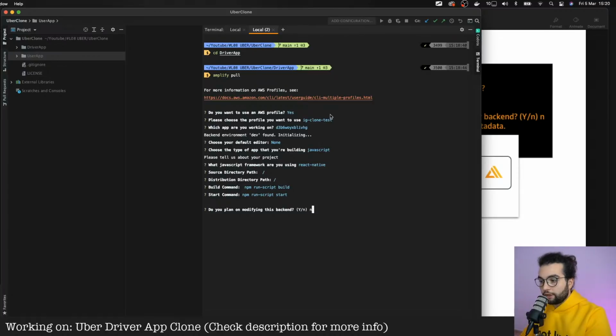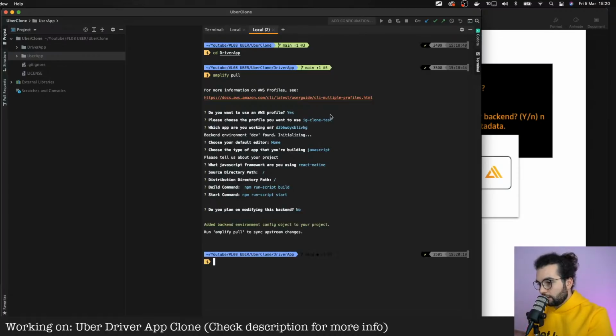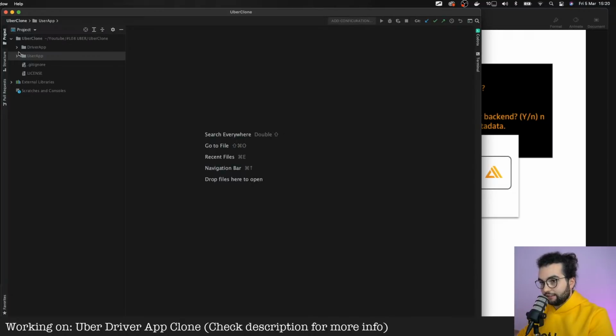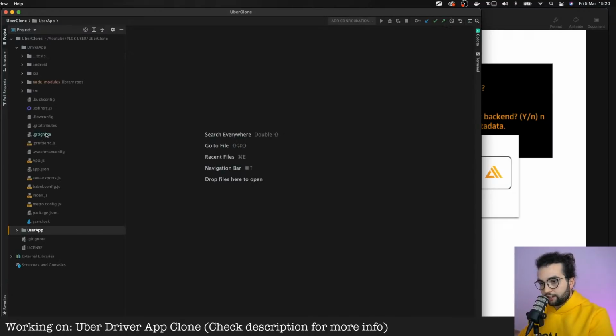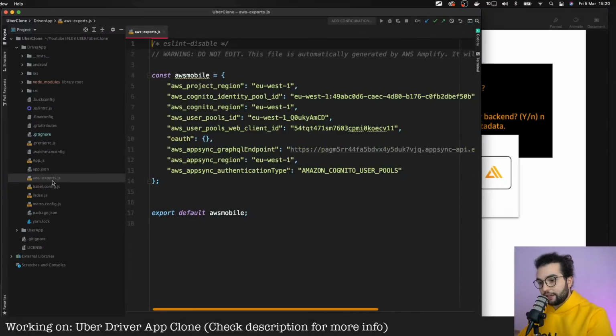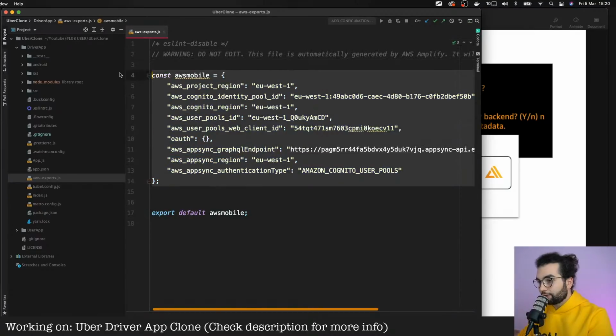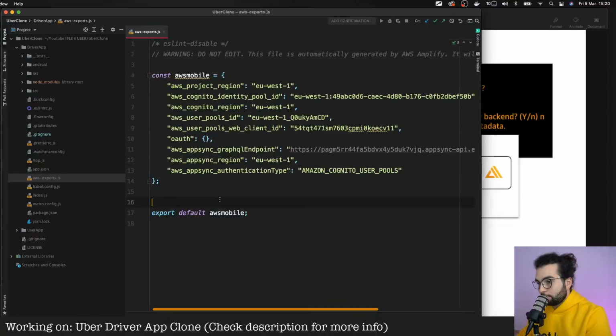So we're gonna go with no. And that's it. Our Amplify backend is configured here. If we go to the driver application, we see the same AWS exports file, and this is the file that tells AWS Amplify how to connect to our backend.